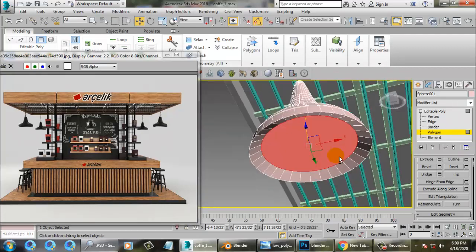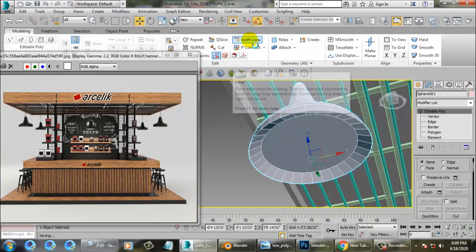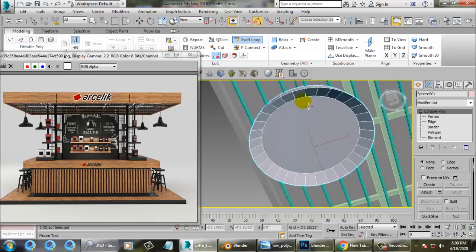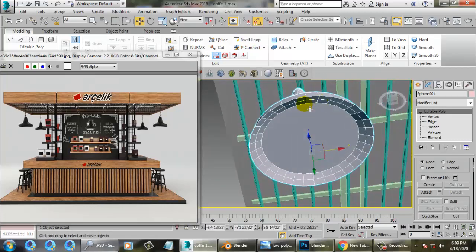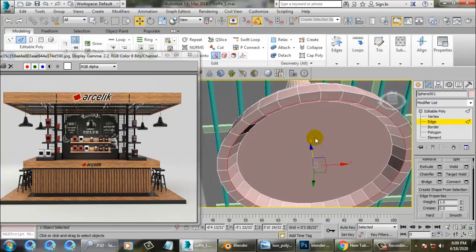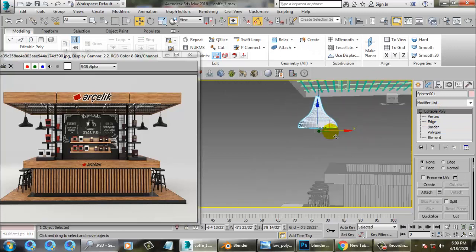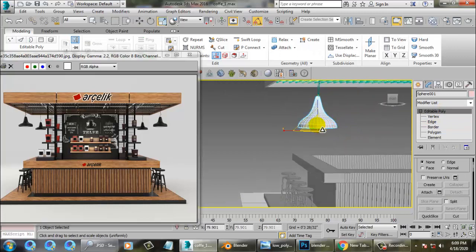Alright, again save your file. Keep on saving your file. I'll push this down in this way. For the lights, if you think they are too big, you can just scale them down, not a problem.